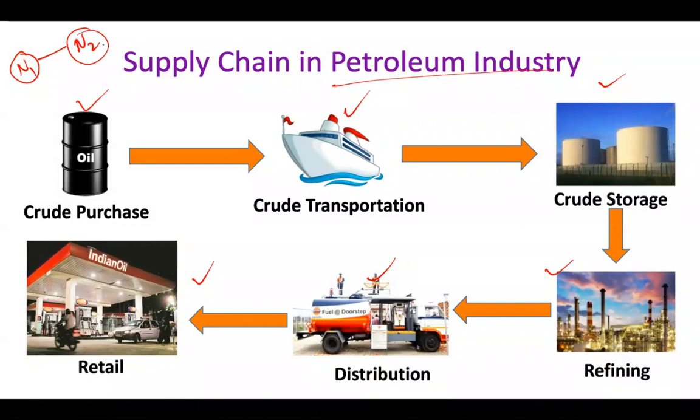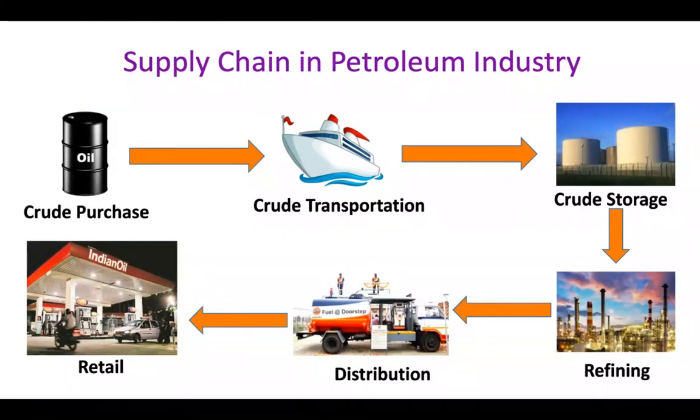Then it is connected to your node 3. That is connected to your node 4, and so on. And when these are all connected to each other, we call this your network. Which network? This belongs to your petroleum, so we call this your petroleum network. Correct? So now, in every stage, every entity in this supply chain is involved and needs some information, right?